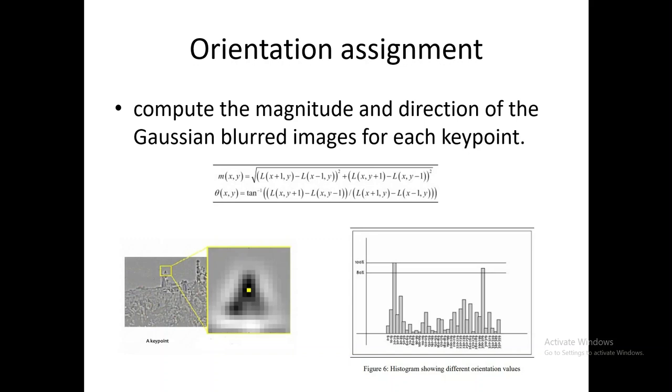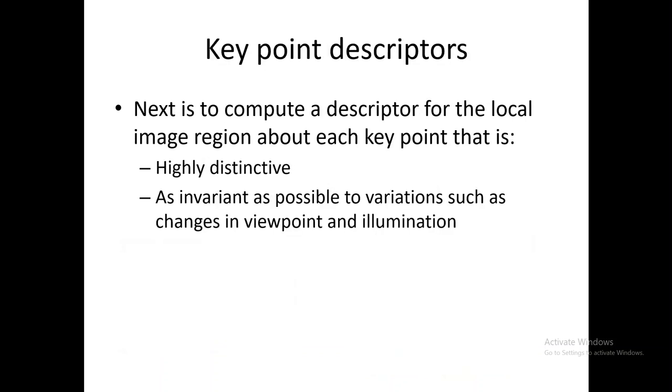And once we have done this for all the pixels around the key point, the histogram will have a peak at some point. We can see the peak here, and the highest peak of the histogram is taken, and any peak above 80% of it is also considered to calculate the orientation. It creates a key point with the same location and scale but a different direction, which contributes to the stability of the matching. So here we estimate the orientation, and next is the key point descriptor. Now we will